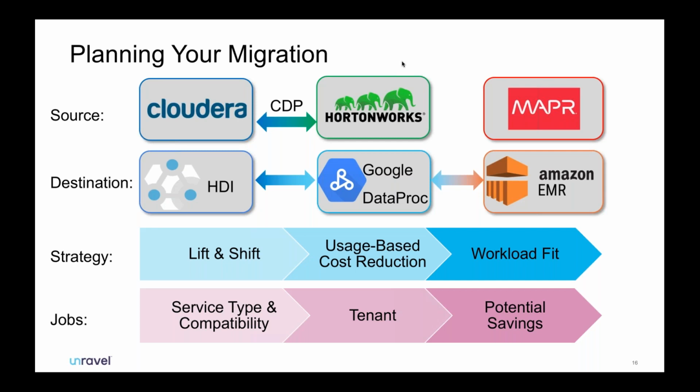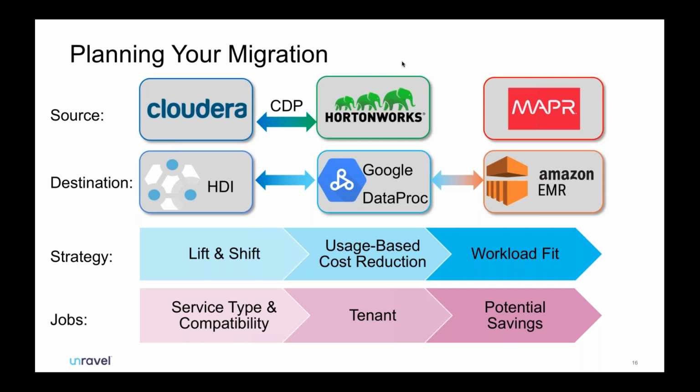There's some slight differences here and there, but for the most part, if an application, let's say it's Impala, is running Impala, then if you want to migrate to something like HDI, which is using Hive, then there is some small level of risk that it's not going to work. But for the most part, as long as it's SQL-esque compliant, it should be okay, right? And so we also identify some of these potential risks from moving different application types,